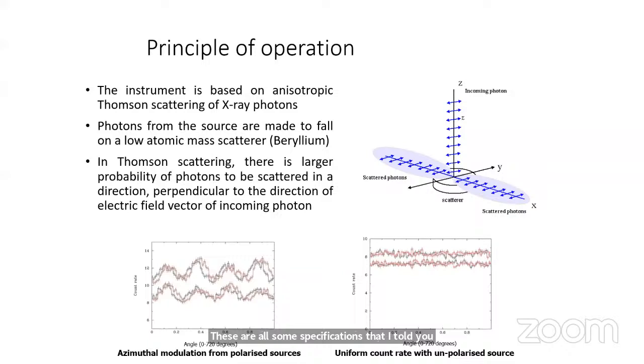Now let's come to the principle of how it works. What is the principle of operation? The rotation around the viewing axis, where I've shown the incoming photon, is carried out during source observation to carry out polarization measurements. The incoming photon will get scattered from the beryllium scatterer that I've mentioned here. If the incoming photon is polarized, then it has a higher chance of getting scattered in the direction perpendicular to the electric field vector shown here. That is how polarization is measured. However, this polarization will not be the same for all incoming vectors. So we plan to detect a net polarization